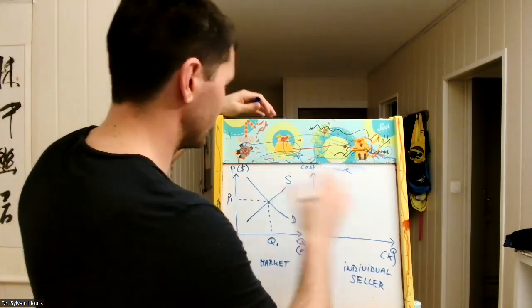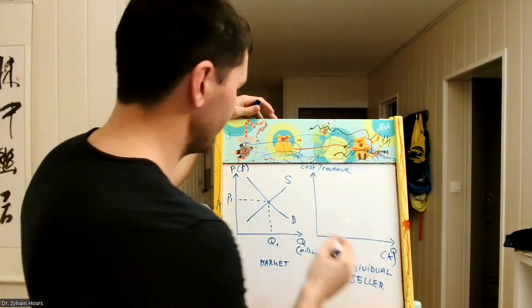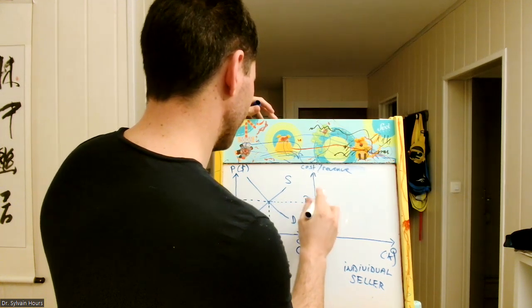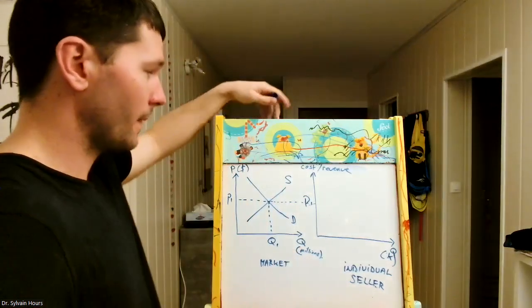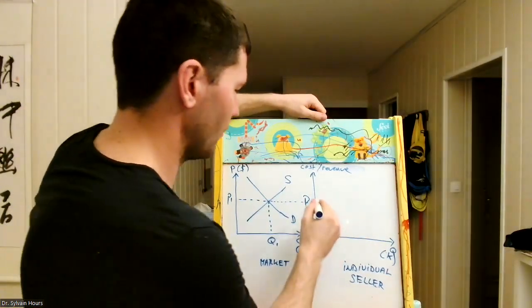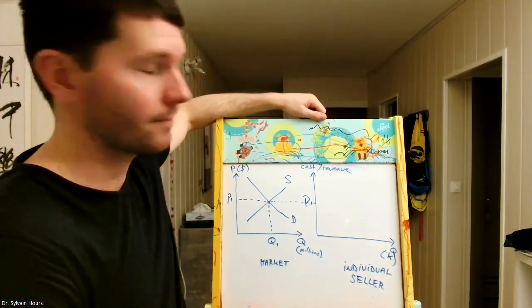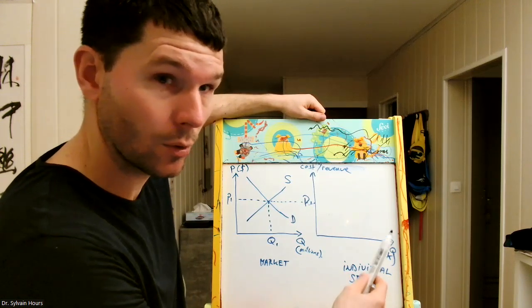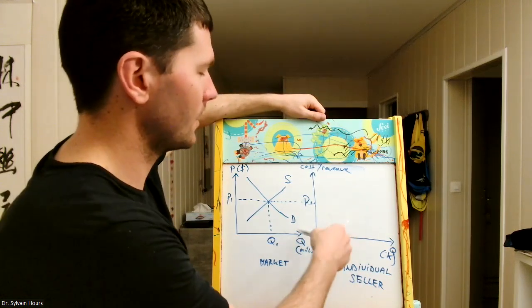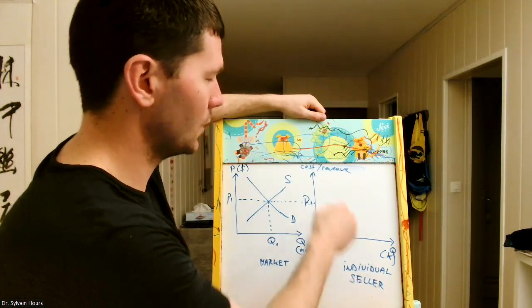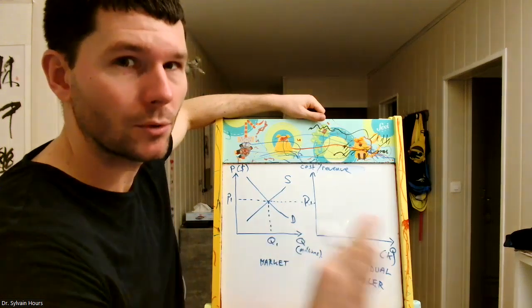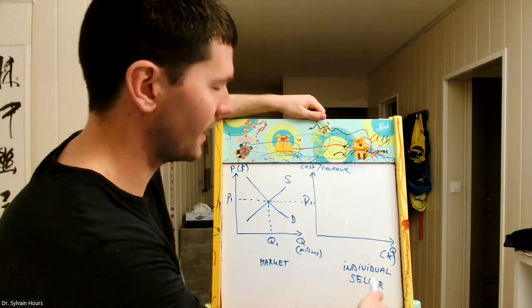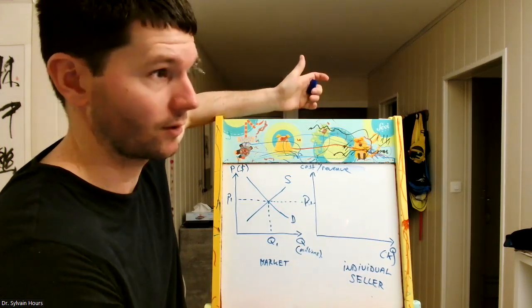What happens is that, of course, these two graphs are interrelated, because this is the market price, P1, and clearly no buyer in the market would want to buy from that individual seller for a price that is greater than P1. So the individual demand to this seller would in fact be zero above P1. We're not going to graph it. Just remember that nobody wants to buy soybeans from that seller for a price greater than the market price, of